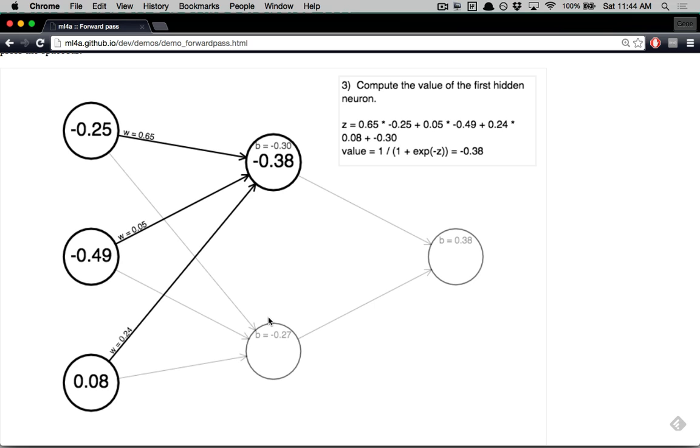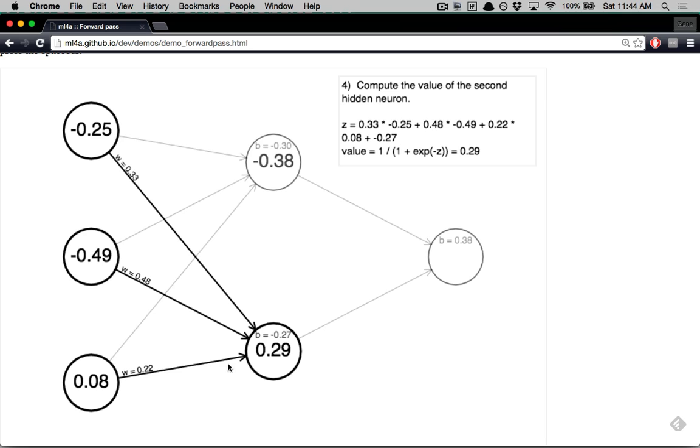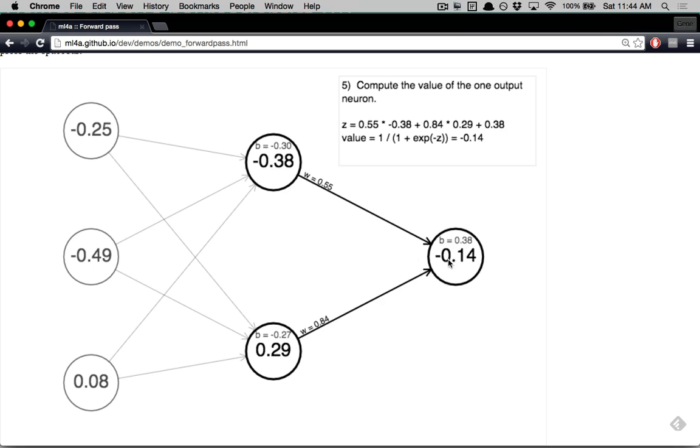What we're looking at is just a bland data structure. It's not doing anything yet. We're going to show how you would use this to your advantage in just a couple slides. But let's just finish the forward pass. So you do this for this neuron, then we'll do it for this one. And then we go to the next layer, and we do the same thing for this one.